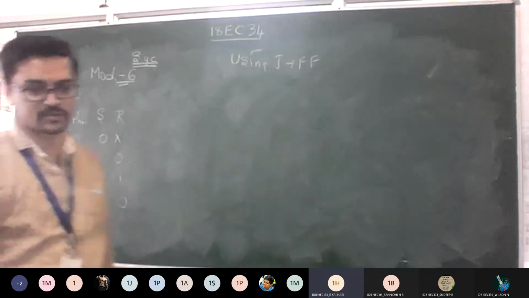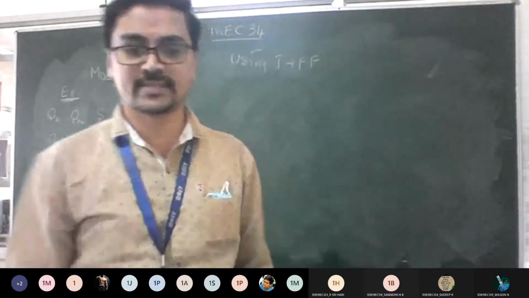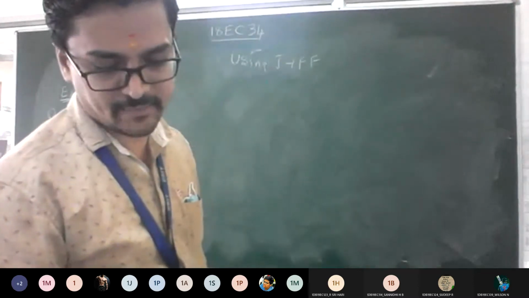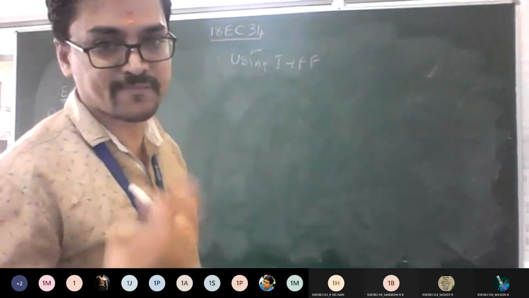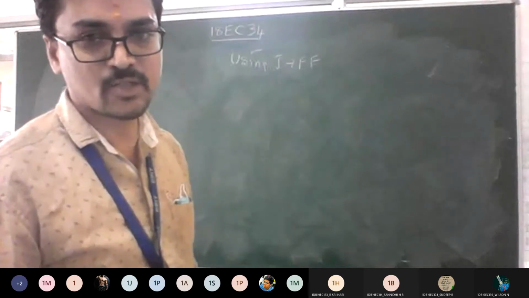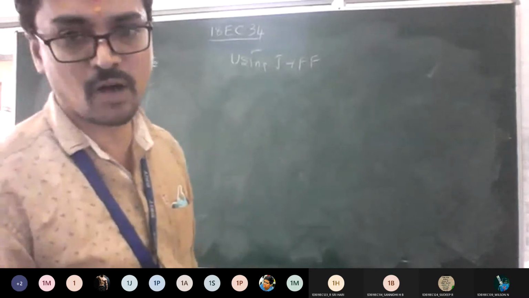Okay. So this is what the excitation table everyone got, right? With this reference, we need to go with step number 3. To obtain the excitation table, it is for each flip-flop because the clock is separate, the clock is individual. It was going to give us separately earlier, right? Now I'm going to give common to all.